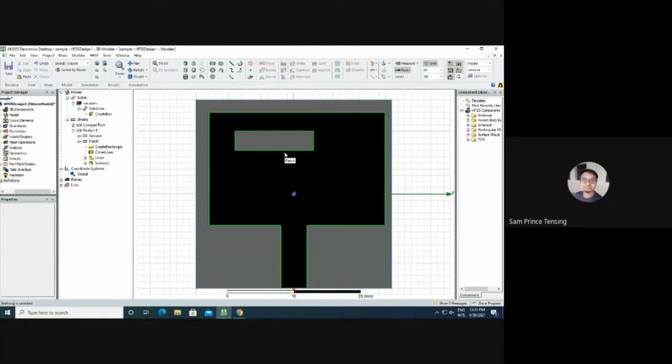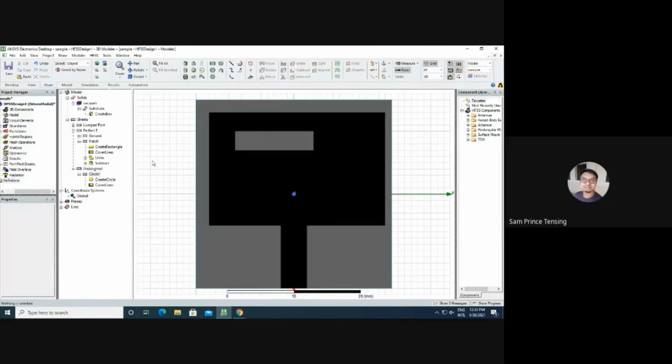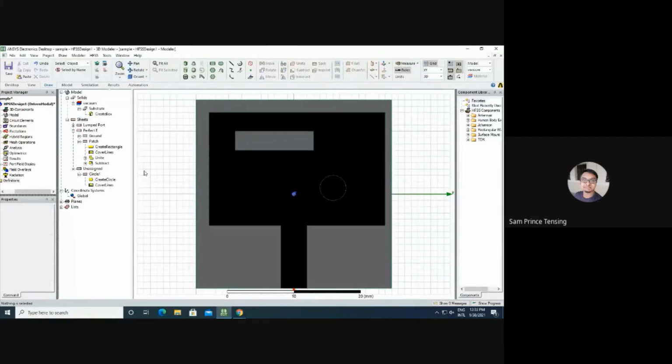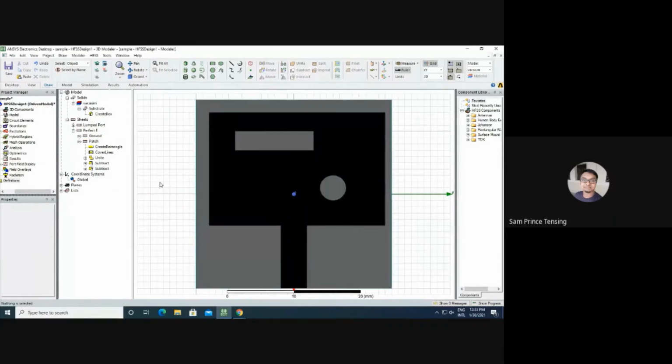It's nothing but a slot. And if you want a circular slot, you can make it. Just click a circle, draw a circle. Check whether it is at 1.6 mm on the Z axis. So click the patch, circle, subtract. Now you can see a circular slot. So this is how we draw slots on the radiator.